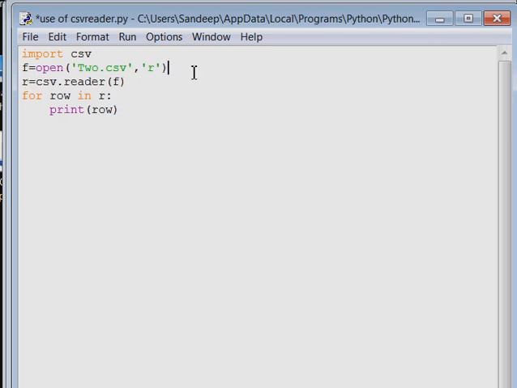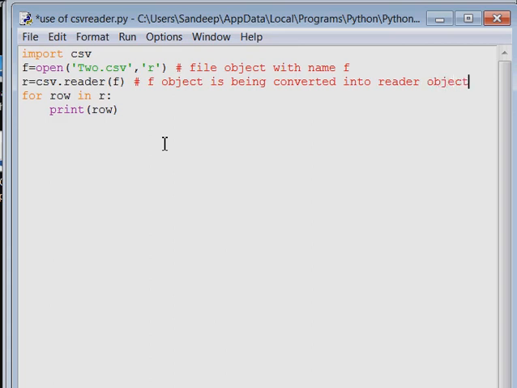In the second line, your file object was created with the name f, and in the third line your f object is being converted into a reader object.